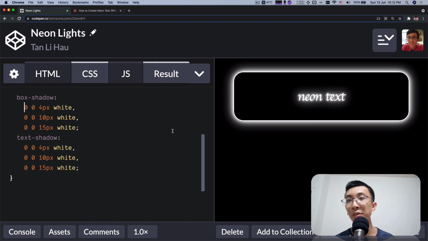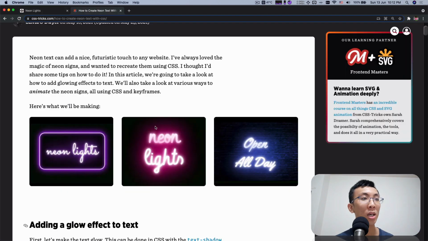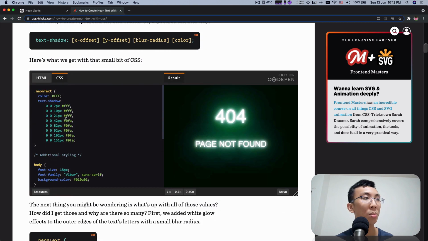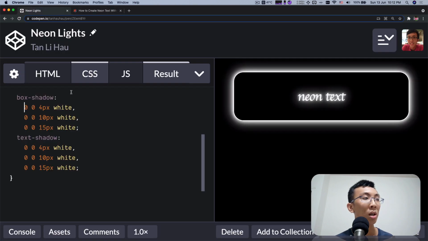So white, of course, is not a common color you usually see on neon. So I'm going to copy one of the colors. I'm just going to copy this neon green color, which is apparently 0FA from here, and I'm going to apply it right to one of the shadows. So you don't have to apply it to all of the shadows. I think a mixture of white and green makes a nice match. But of course you can apply it to all of them